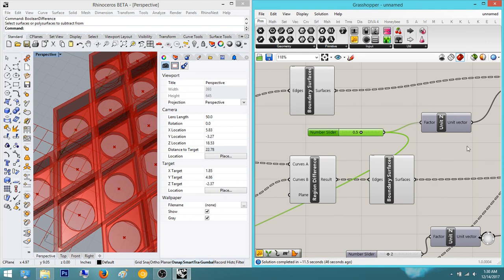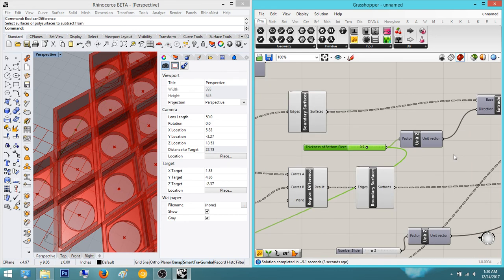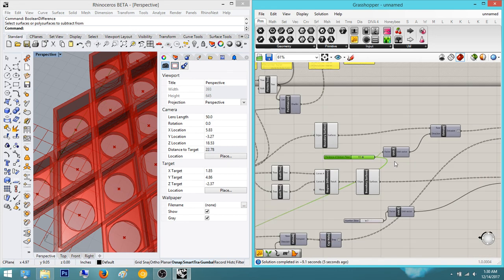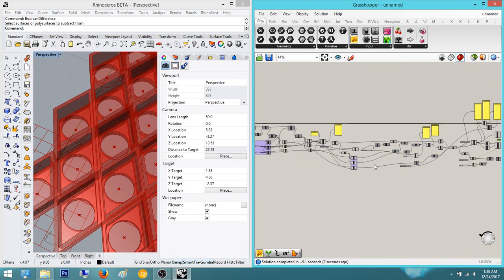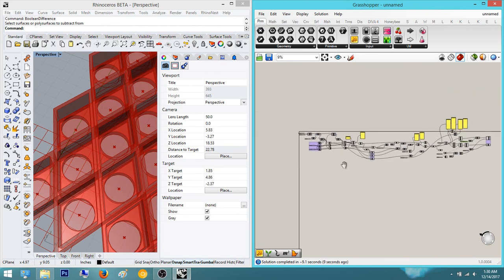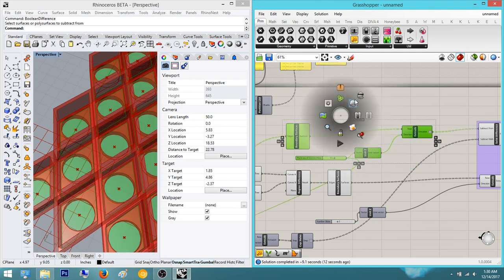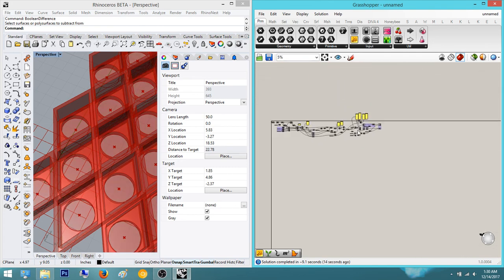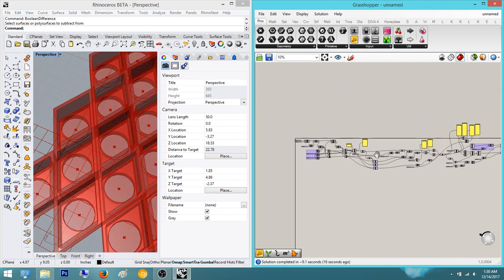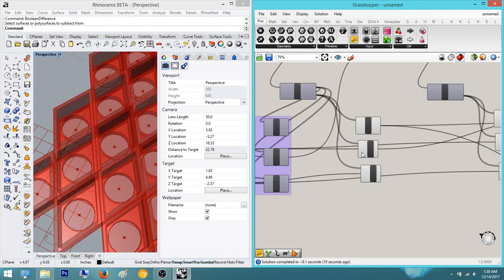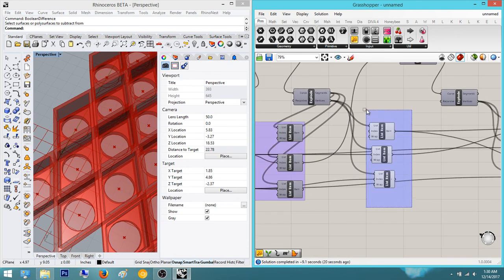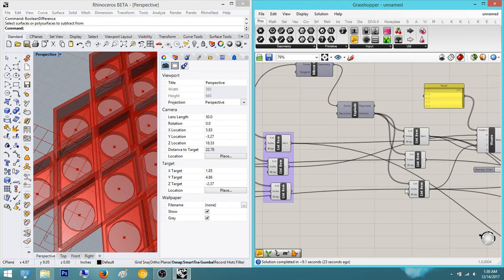Now you can group all your number sliders into one area if you want to have the parameters all in one area. I never do that, but if you're giving the script to someone else, that would be the most useful way to do it, is put all the most important number sliders into like right here, but I'm not doing that. So I'm going to do a group. As you see, the script is quite long, well, it's pretty simple, but it's just long. That's pretty much it. Group this,